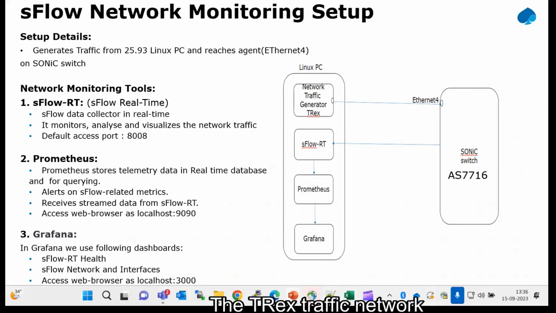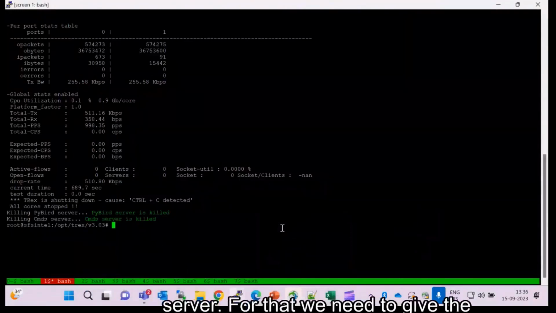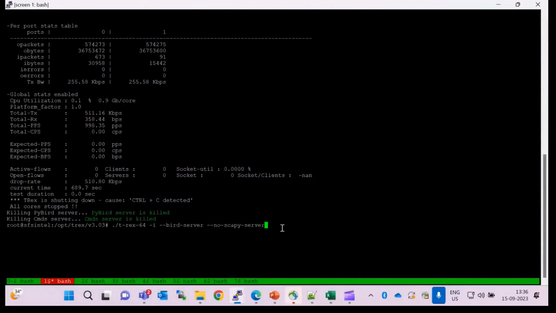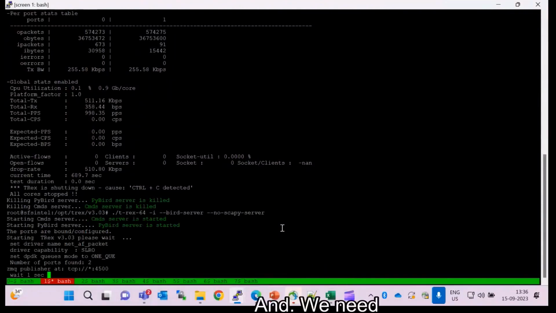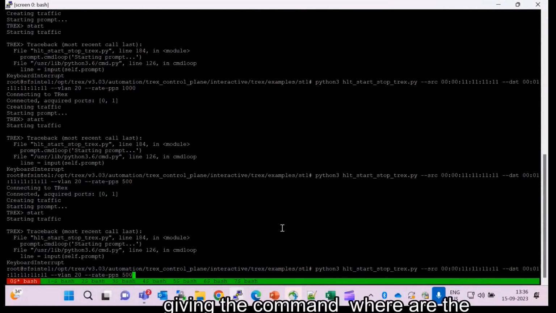The T-Rex traffic generator on the Linux PC is starting the traffic and sending it to the Sonic network element at Ethernet 4. We can do this by first starting the T-Rex server. For that we need to give the command, and we need to start the traffic by giving the command where the T-Rex traffic configurations are done,